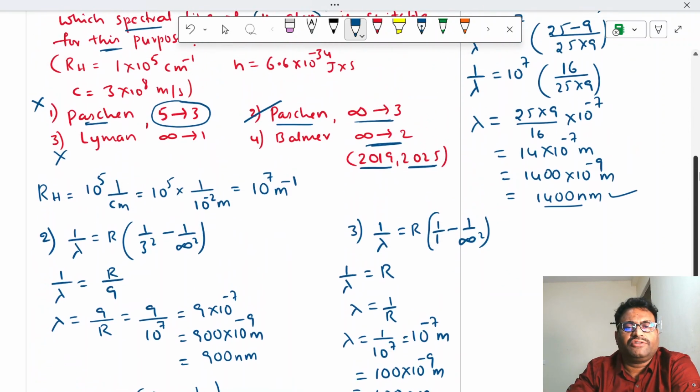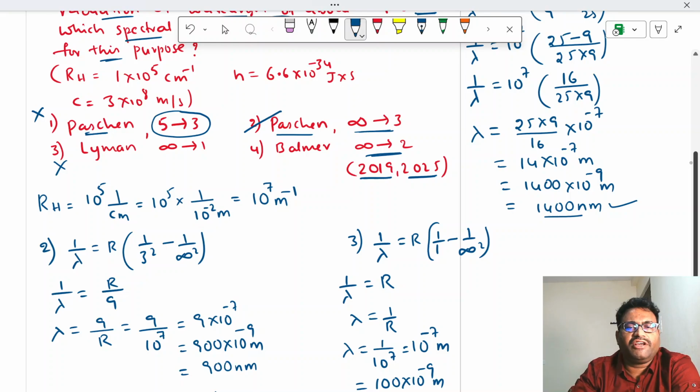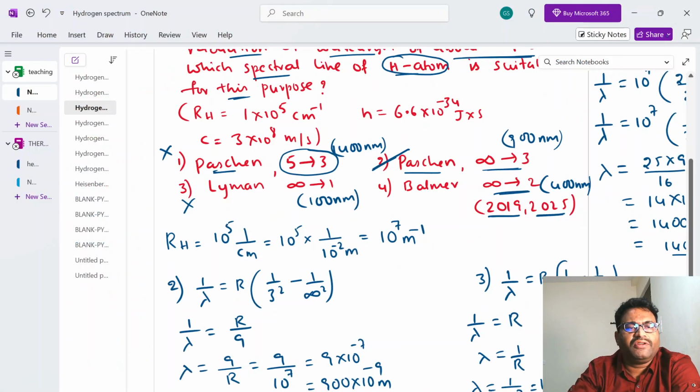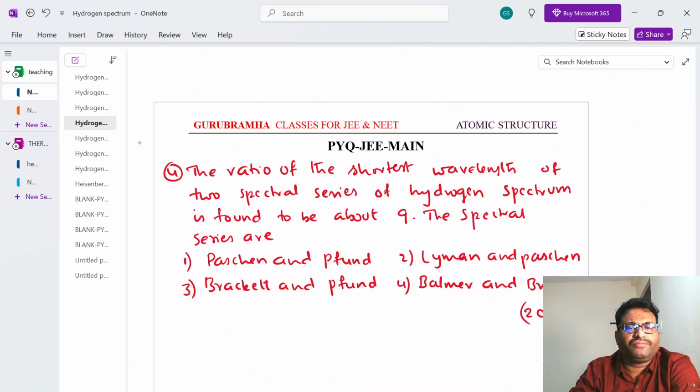Okay, so you are having here 400 nanometers. This spectral line is having a wavelength of 400. Here it is 100 nanometers. Here it is 900 nanometers. For the first one, 1400 nanometers. So the answer will be the second option. Okay. Next, coming to